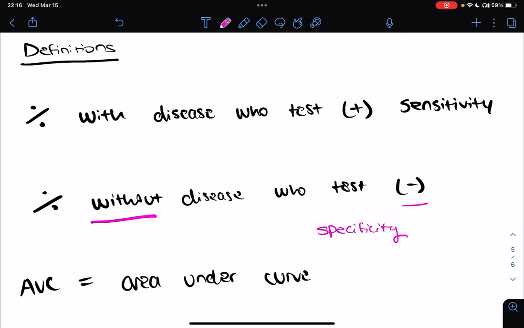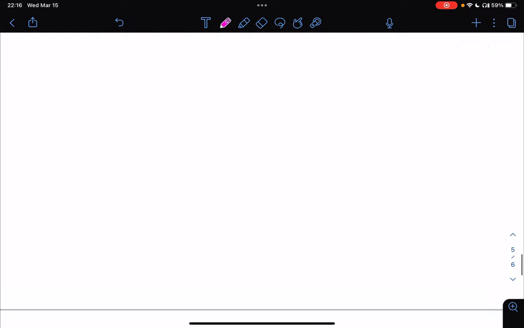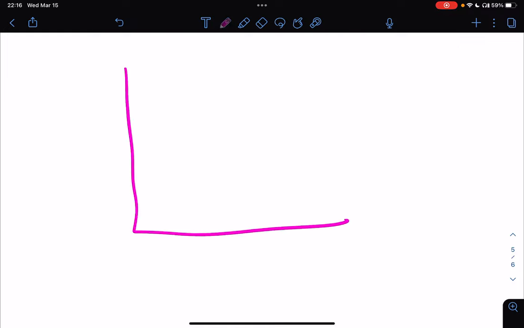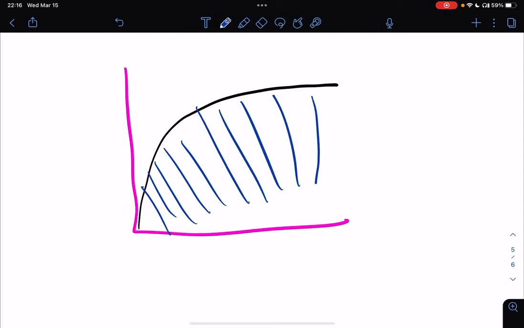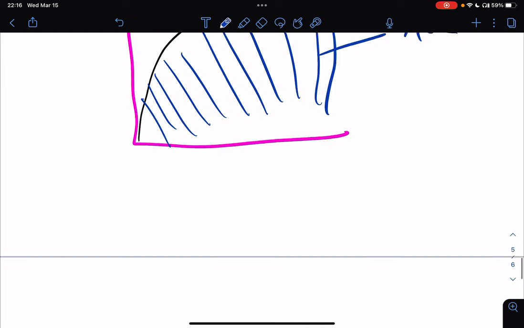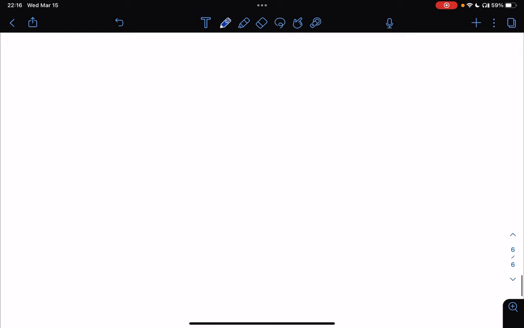Another definition is AUC, which is called area under the curve. I'll explain what that means in a second. Let's say we have a graph like this, and we graph some data. The amount of values under the curve is our AUC. Don't really worry too much about that. It's just a random definition. And so